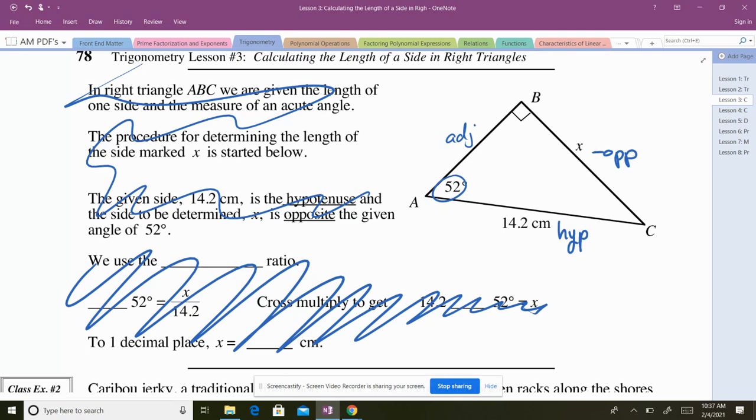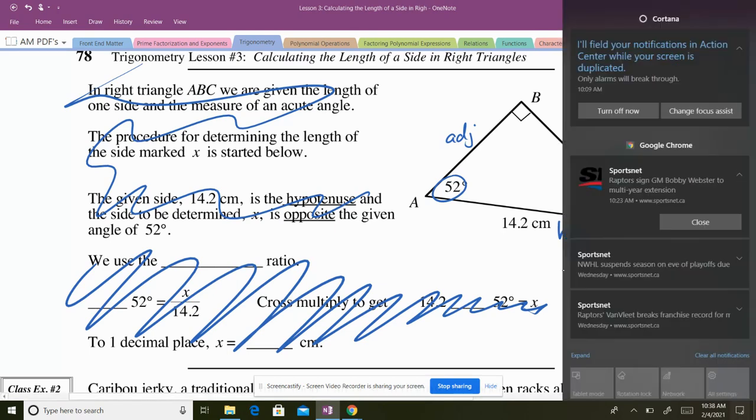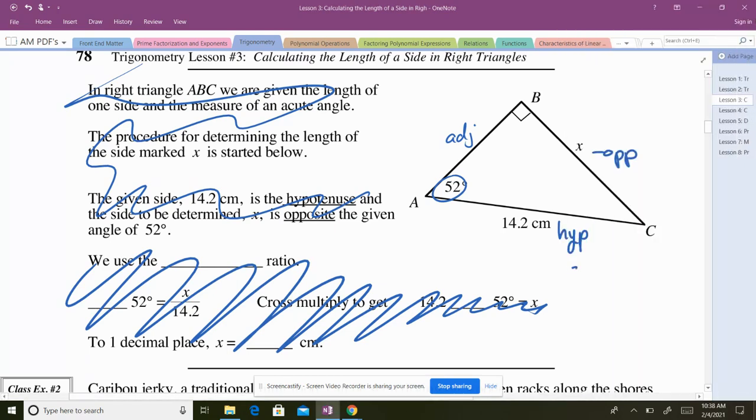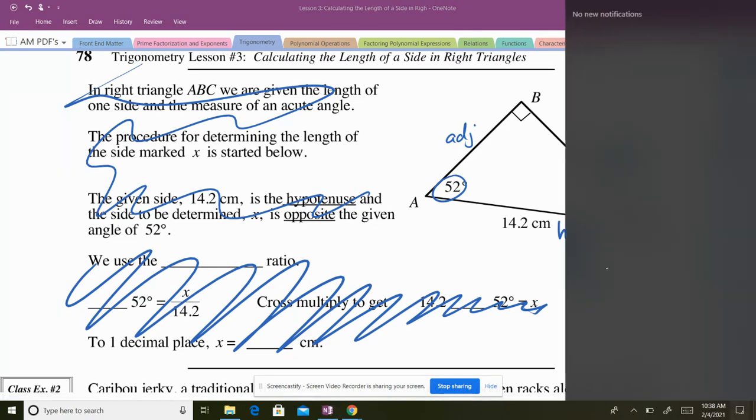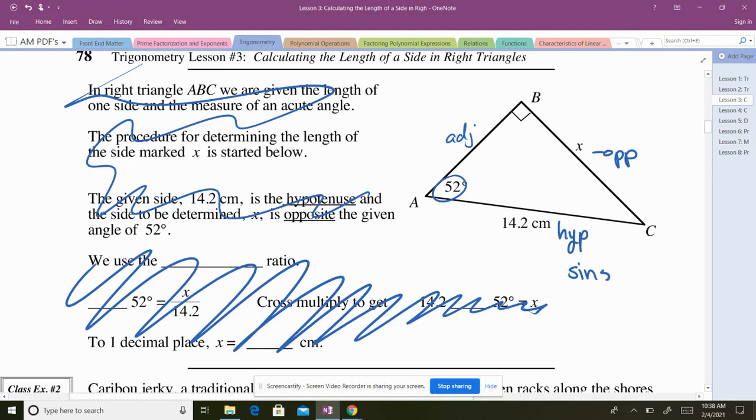So then you go, okay, sine. Now, what always goes in the trig function? Angle or side? Angle, right? Because see how they have degrees here? Angle always goes with the trig function. What angle do we know? 52. So it's sine of 52 equals,